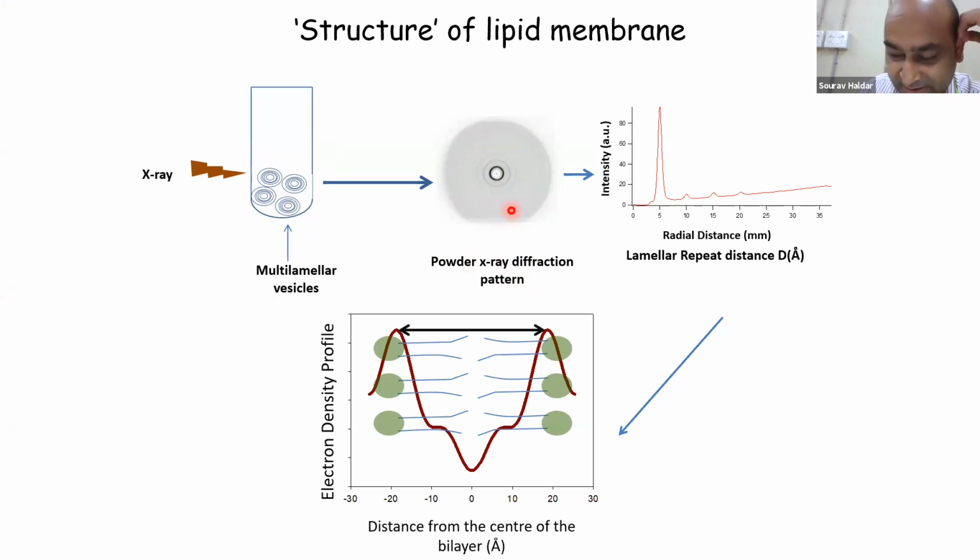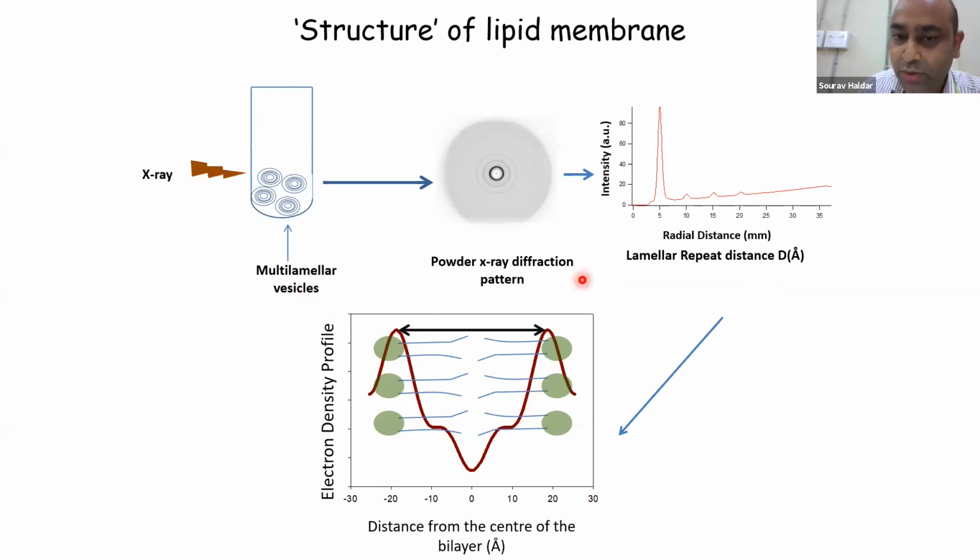Remember, if you have seen the famous X-ray diffraction pattern of DNA, you have seen bands only in specific directions, right? Because the DNA molecule is oriented in a particular fashion. Here the lipids have random orientation, so that's why you get these concentric spheres. From these spheres you can get the intensity of what is called the Bragg spacing, and from that we can do what is called a Fourier transformation, which will give us the electron density profile of different components of a lipid molecule.